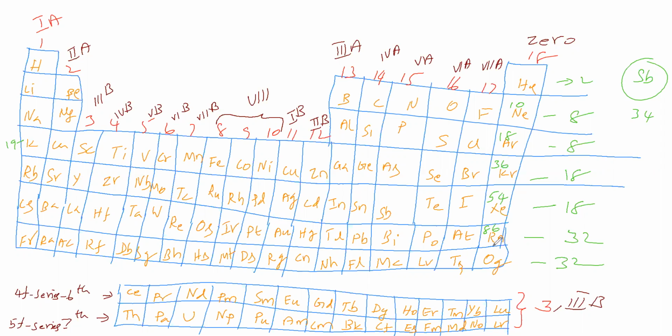To this you add 32. You will get OG 118. Now we know krypton is 36. Therefore you go reverse. It is 35. It is 34. So selenium we got is 34. Okay. So in this way we can find atomic number.